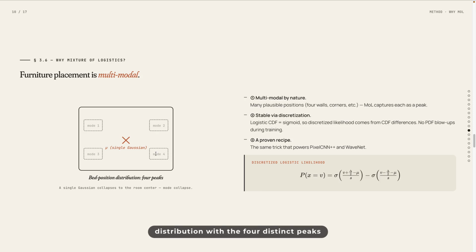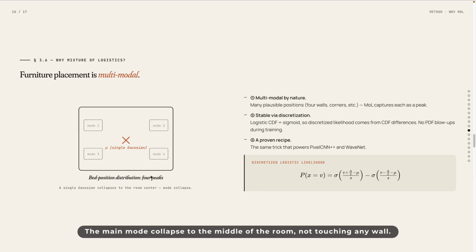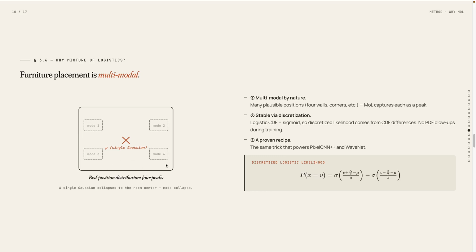If you regress this with a single Gaussian, the mean would collapse to the middle of the room, not touching any wall. That's mode collapse,